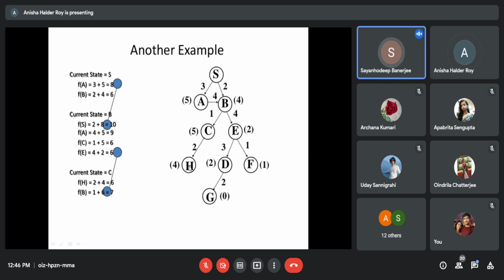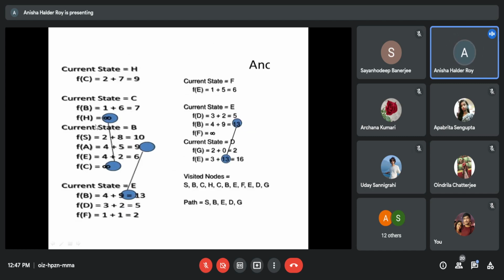Yes, ma'am. FH has got a minimum value, according to this, FH has got a minimum value 6. So H has no forward node, so the backward node will proceed to FC.